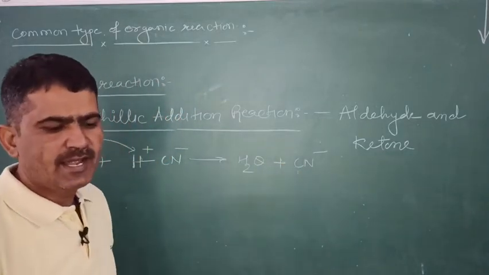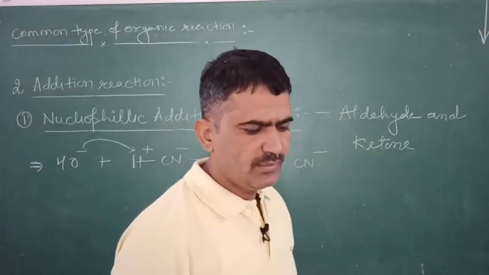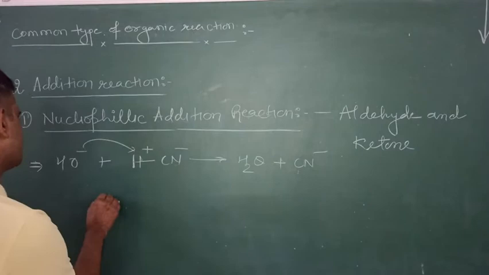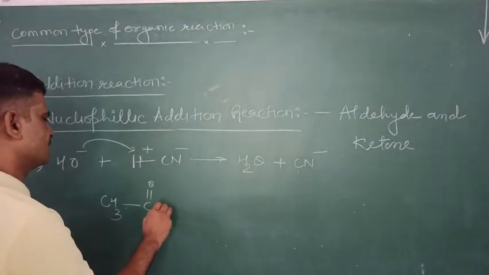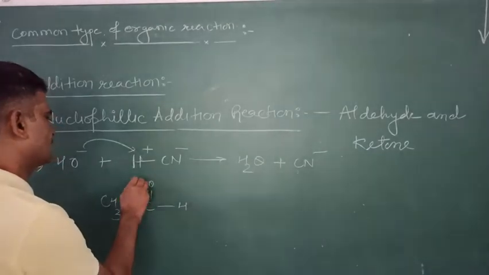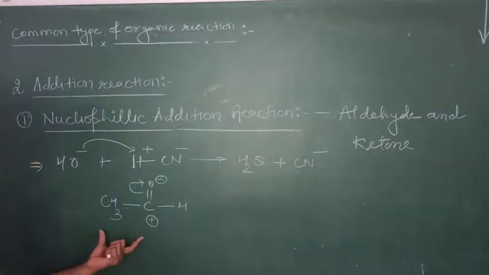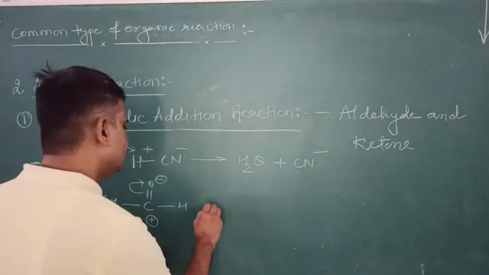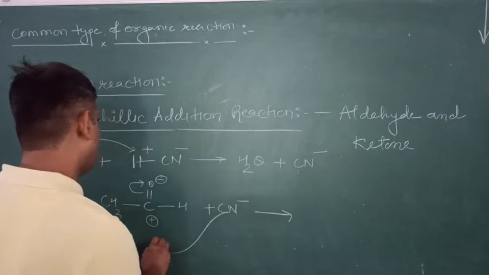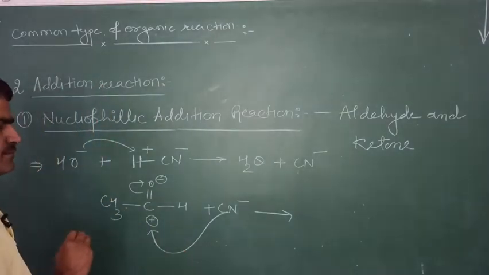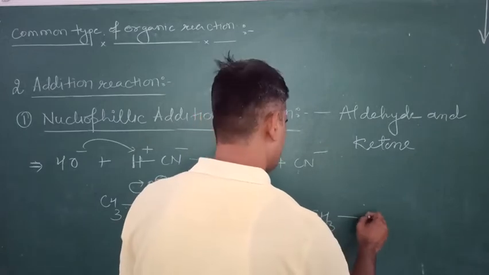The cyanide ion acts as a nucleophile, and this nucleophile will attack an aldehyde. This has become negatively charged and this becomes positively charged. Example, I take the example of ethanal. This is the cyanide ion. This will attack at this position, and it will produce